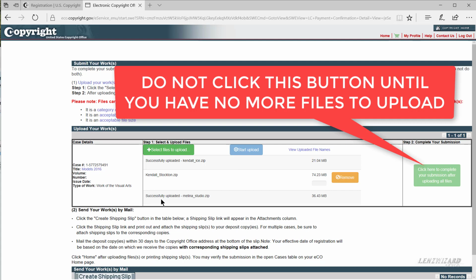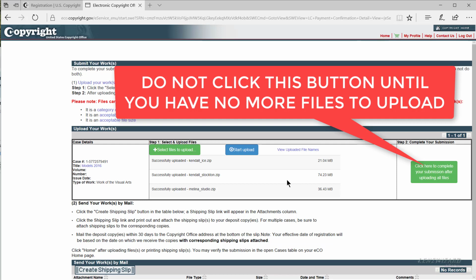Now, as we can see, this one says successfully uploaded Melina, the 3643. So it looks like it took the smaller one first, and now it's going to go for the bigger one. Okay, and that was probably for just those 2 files. It took about 4 minutes on my